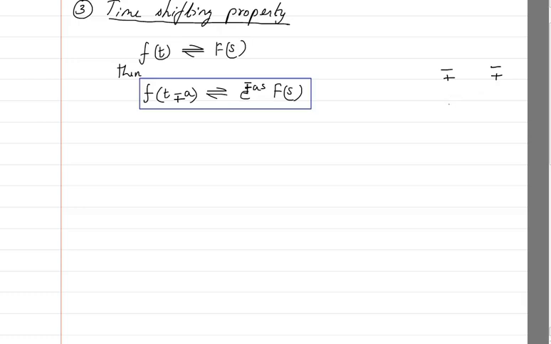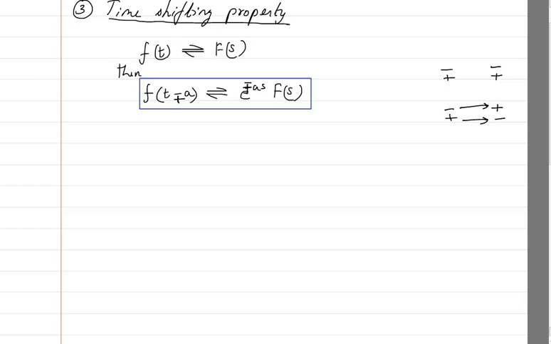If I had written it like negative, positive, I would have written here positive, negative. It means negative would become positive and positive would become negative. But here, if it is negative, it is negative, and if it is positive, it is positive. Okay, so this is the time shifting property. Based on this, we can do certain problems, and let us see one of the examples.